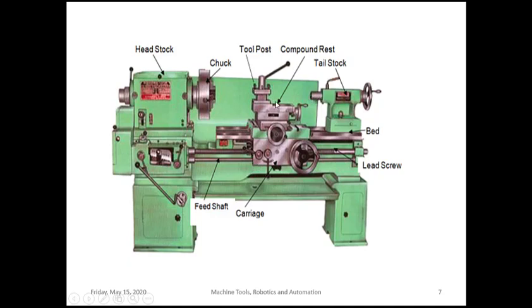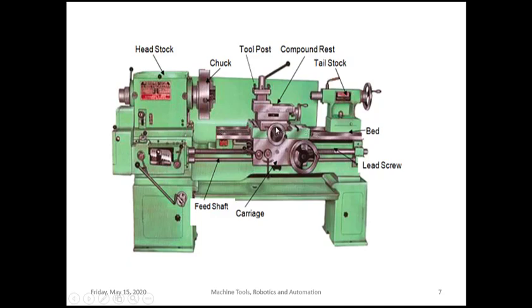Next we have the tool post and the entire carriage assembly. The cutting tool will be fixed in the tool post and fed against the rotating workpiece. I will show you a simple video of how the machining operation is done with the help of this lathe. The carriage assembly causes a longitudinal movement of the tool as well as the entire setup. You can see some guideways here, which allow the entire carriage assembly to move from this point to that point.